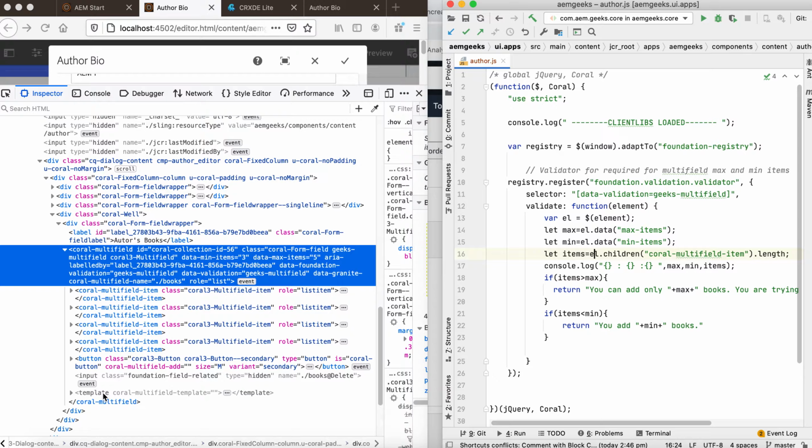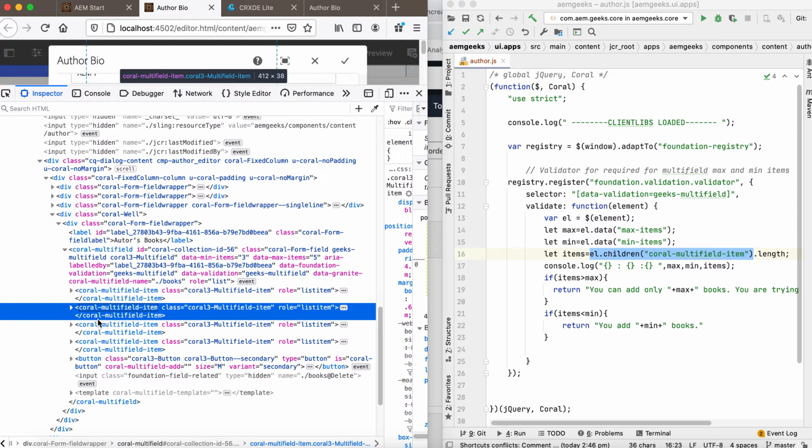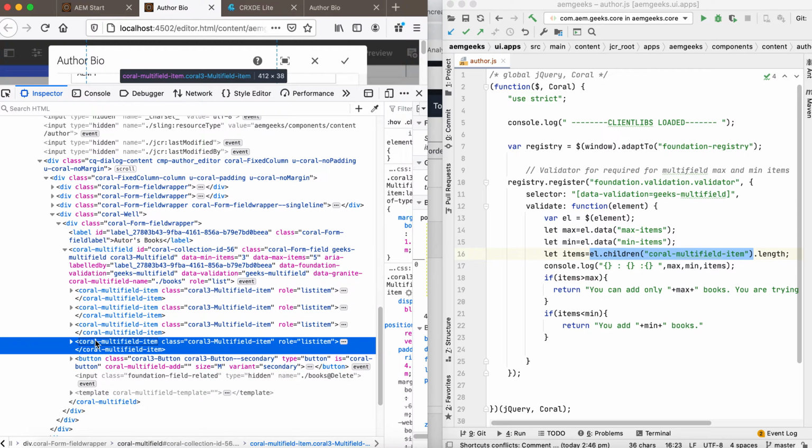So I need to get only the children which are of type coral-multifield-item. By this code I got only these multi-field values 1, 2, 3, 4. So I got 4 and I'm taking the length. That means in this items variable the value will be 5, right? So I'm getting 5 items.